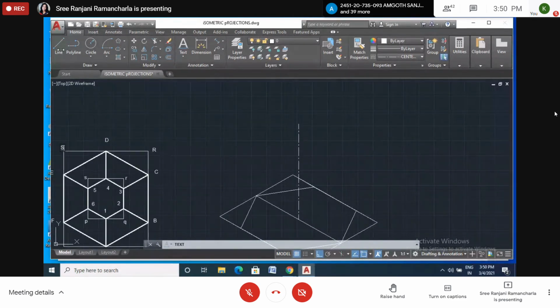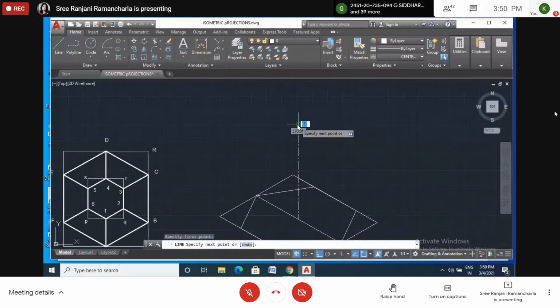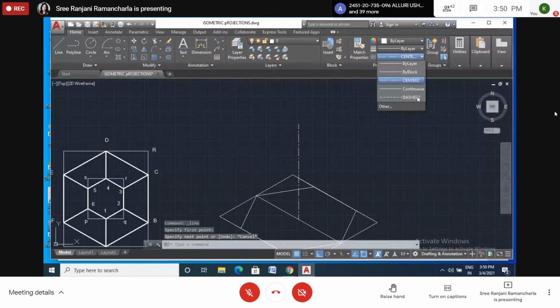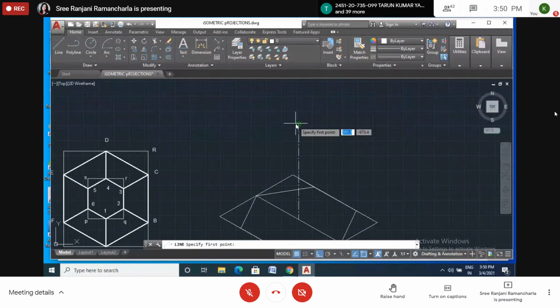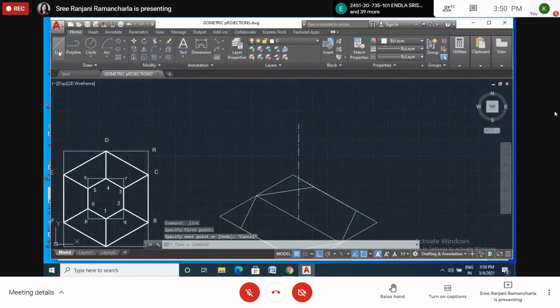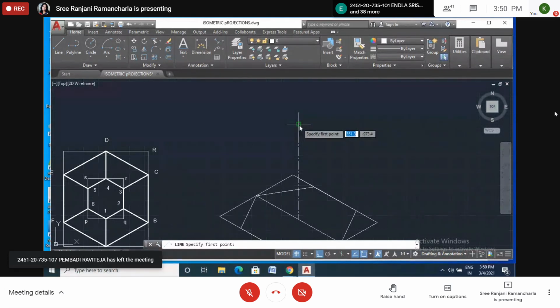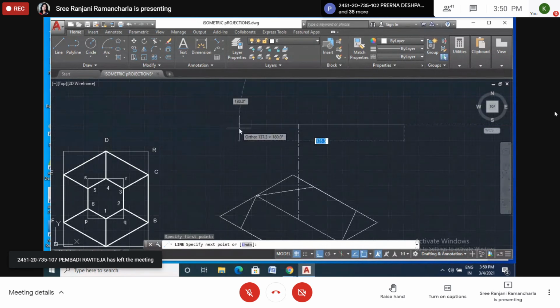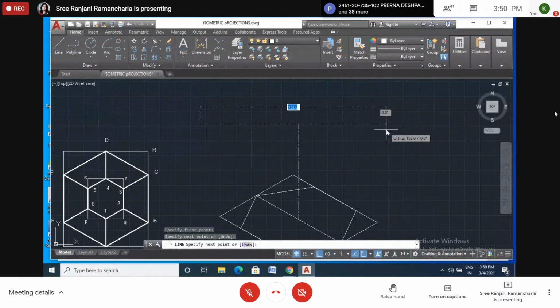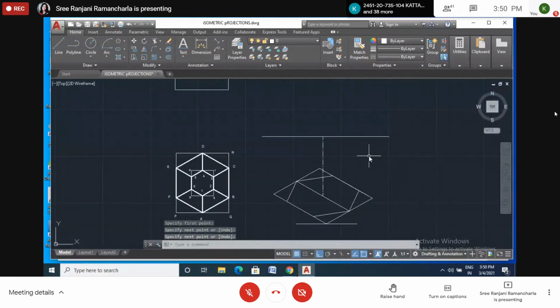So first you have to draw the horizontal line. This is very, very important. Go to continuous line. Draw the horizontal line. When you draw the horizontal line, you can draw like this also. Move the cursor here, just go like this. Draw from here and draw like this. No need to draw twice. Draw the line, and this